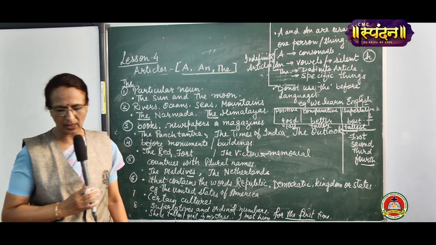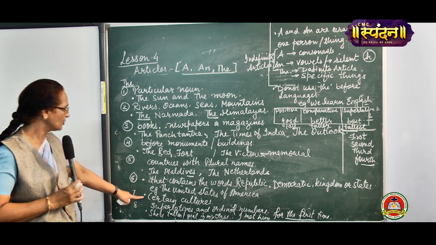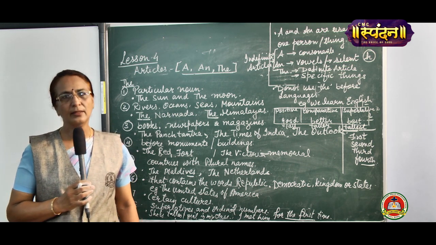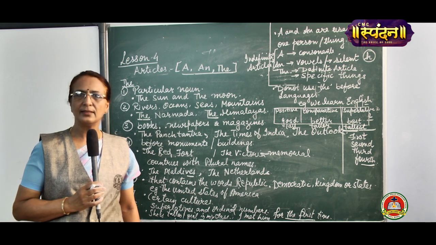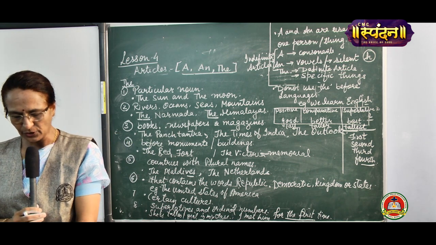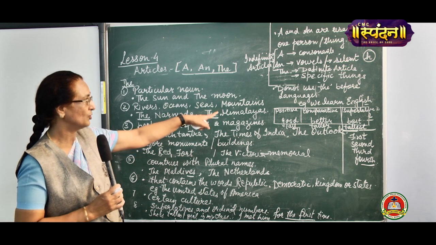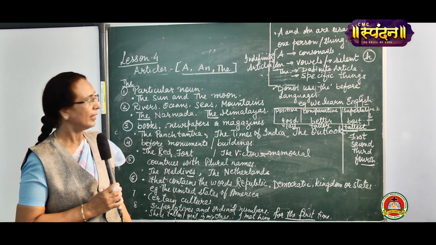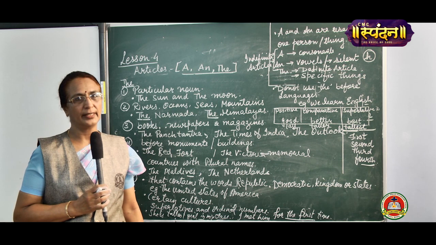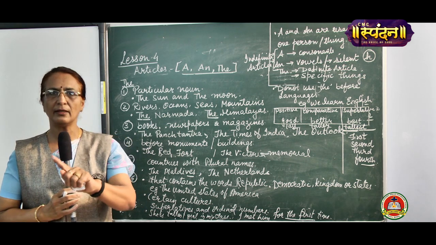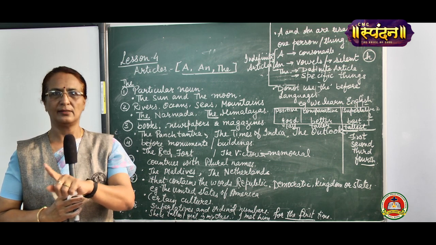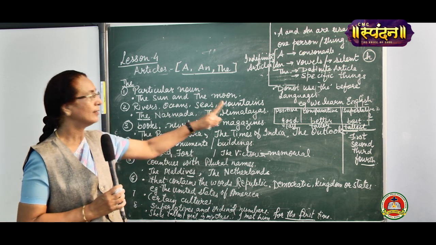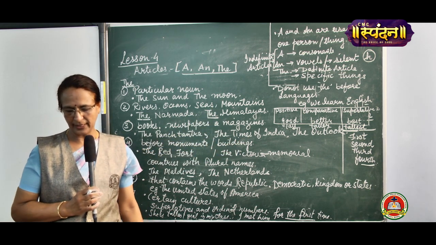Now, the is used before the nouns of certain cultures, like the Chinese dumpling, the Russian opera, the Indian Prime Minister. But we do not use the before the languages. We learn English. They speak Chinese. We don't say we learn the English, they speak the Chinese. Is that clear? In true and false, if it comes, you have to mark that wrong.